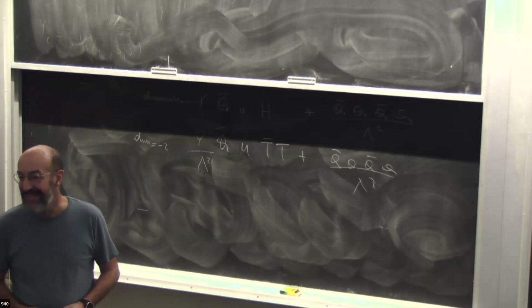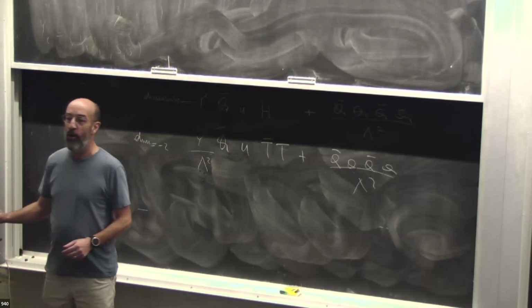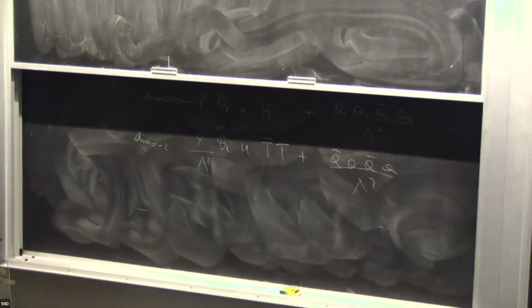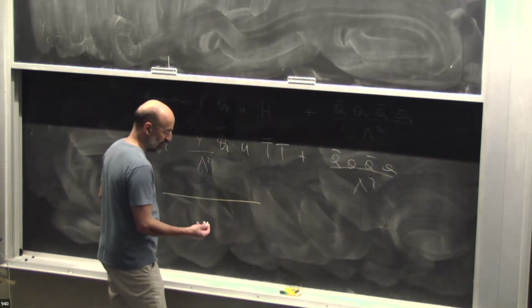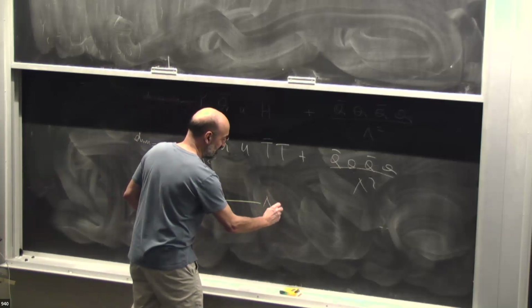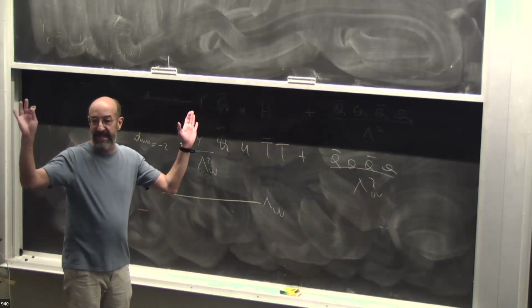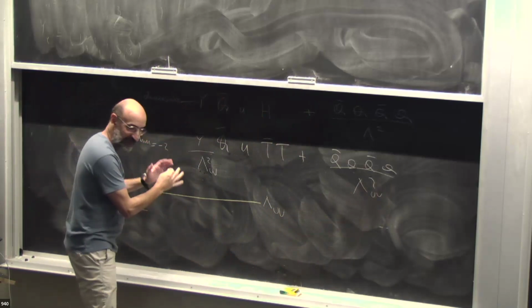Sorry, just so I understand the numbers, how does the scale lambda on the board here compare to the vacuum expectation value of TT? Whenever I put a scale below, what I'm thinking here is this. There is some UV scale, right? Okay? Which is always the end of physics, okay? And then there is everything happening below.